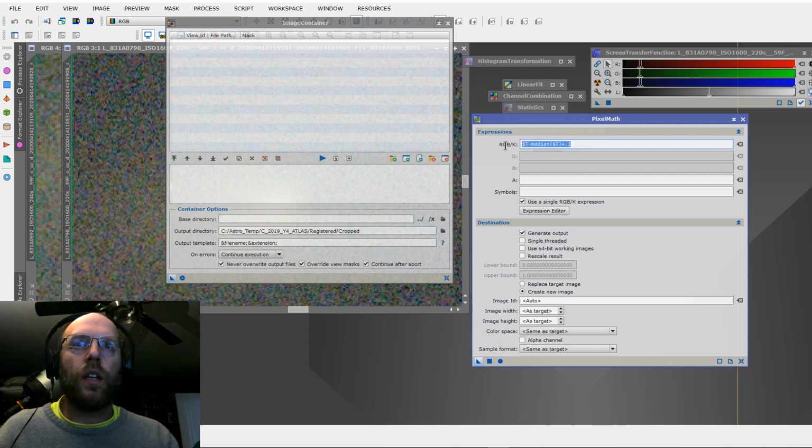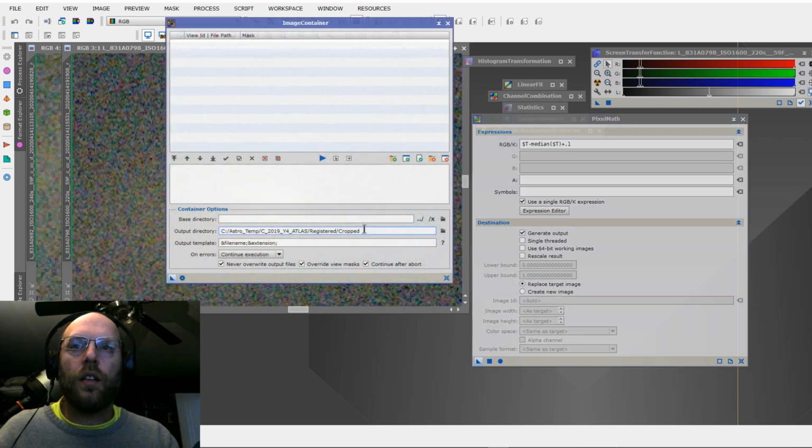So you just write this equation in here, and you make it. You can replace target image, and then just have your target output. Have an output folder on your image container. Then replace target image, and then drag this to this, and it will execute